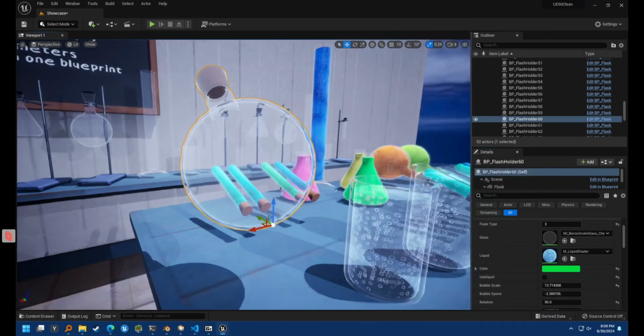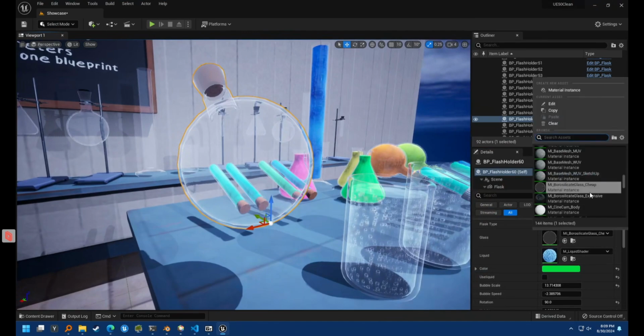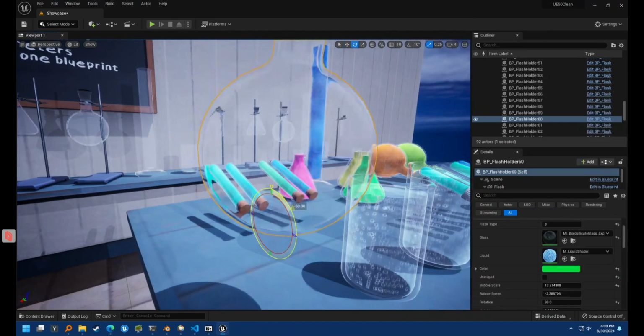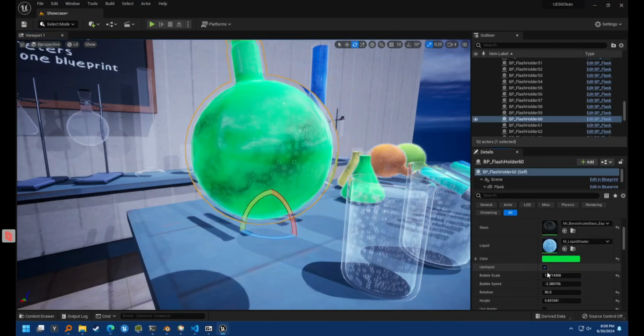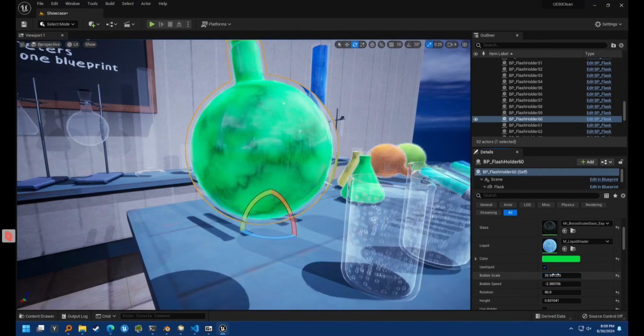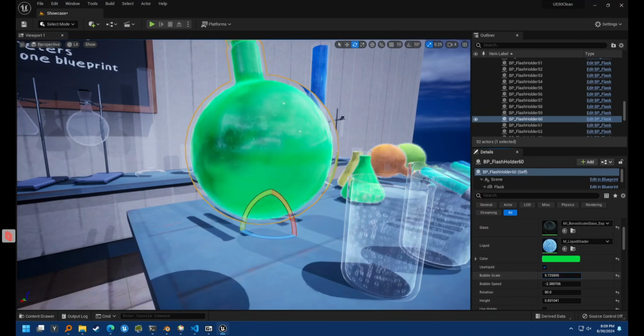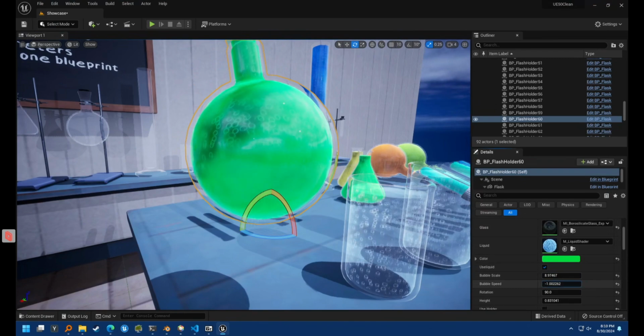You can disable the liquid itself, which would then leave you just with the glass itself. You can change the bubble size, which will change the liquid in this case as well, and the speed, or even the direction if you are